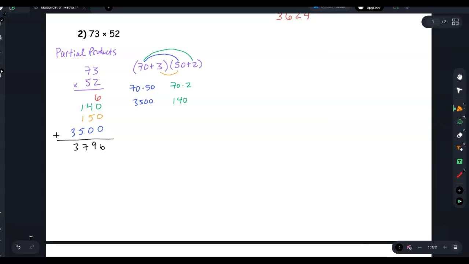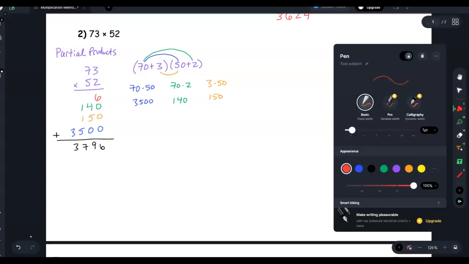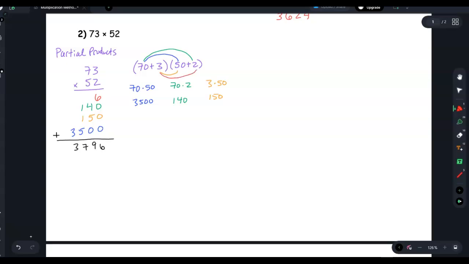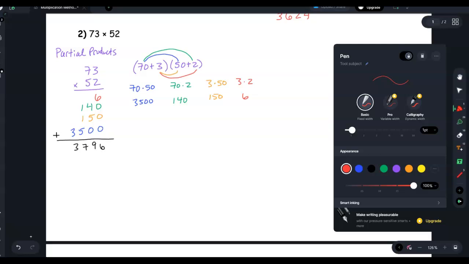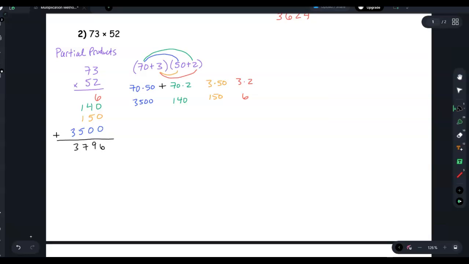Next, I'm going to do my inner terms, 3 times 50, which is 150. And then finally, I'm going to do my last terms, which is 3 times 2, or 6, and add all that up. So I get 3,796. And then for my area model,